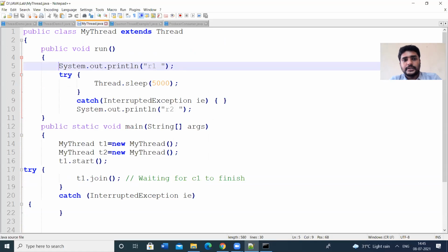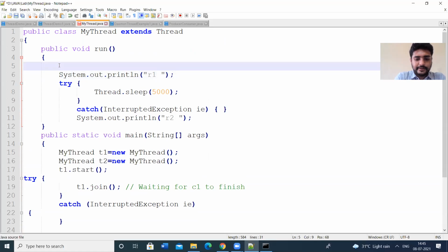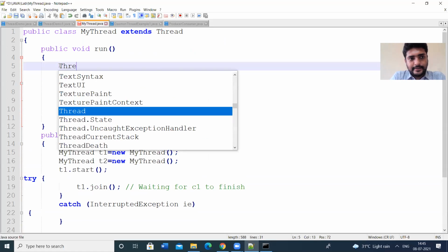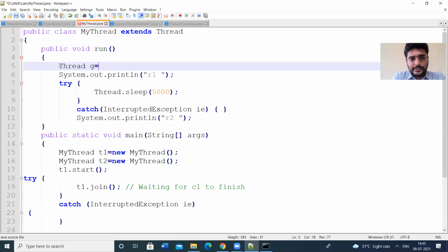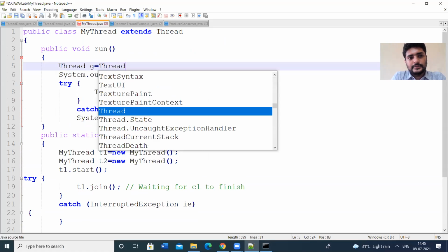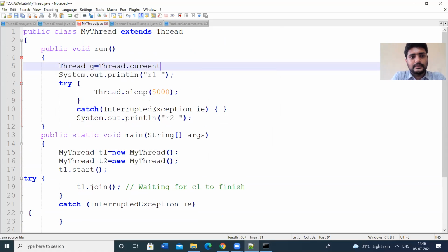If you have two threads, we can use some statement here. Thread g equals Thread dot currentThread.